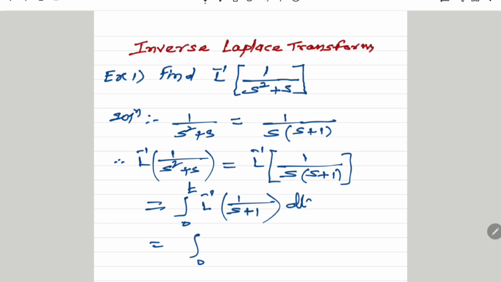Therefore integration from 0 to t, inverse of 1 upon s plus 1 is e raised to minus t, standard result, and then integrating it with respect to t, we get